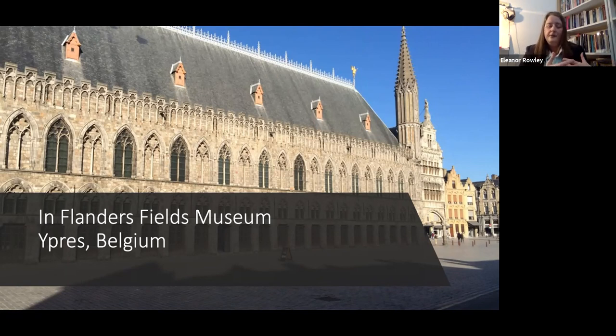So at the same time, the museum makers wanted to highlight this aspect of Belgian memory of the civilian side, but they also wanted to avoid framing their permanent exhibition as one that would only appeal to a narrowly national memory community. I have a quotation here from the coordinator of the museum, who said that this is not a war that we should tell from a military perspective or from the general's perspective or even from a national perspective,